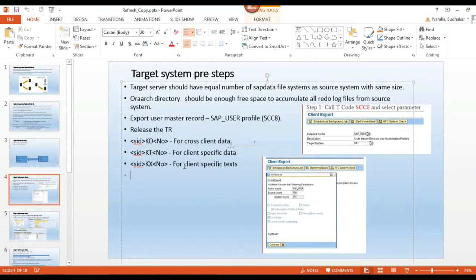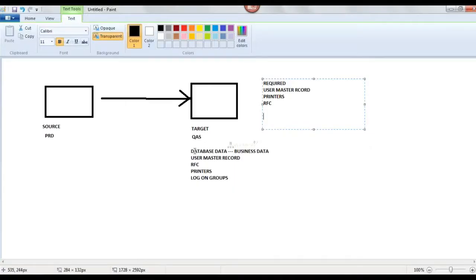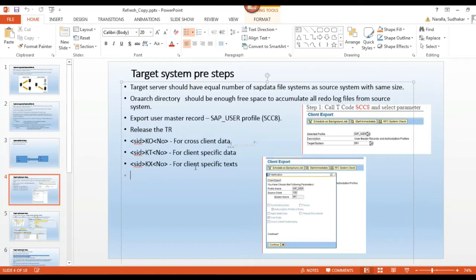and scripts. Okay, so SAP_USER profile, what does it contain? Only user master data. Which system's user master data? Which client's user master data? Quality system, correct? In quality system I have taken export of user master data. After export you need to release the transport request.